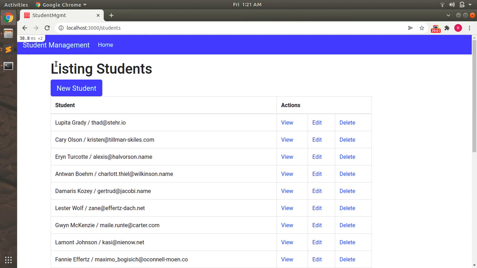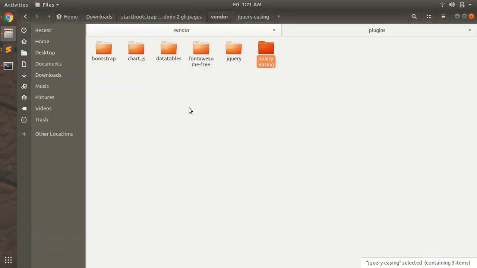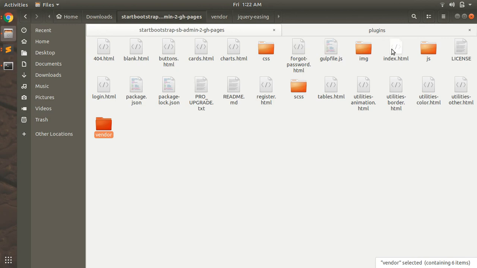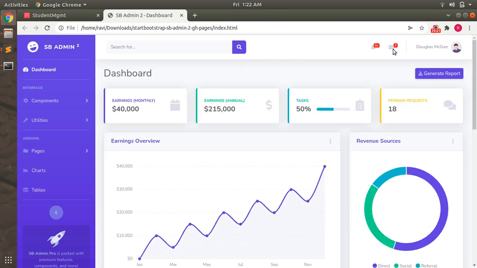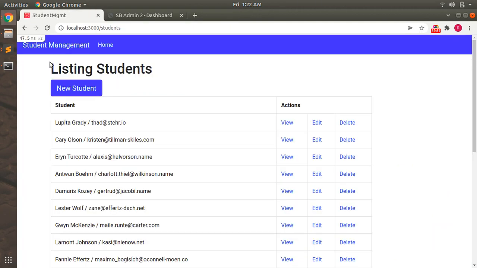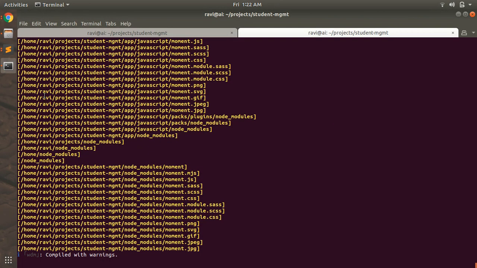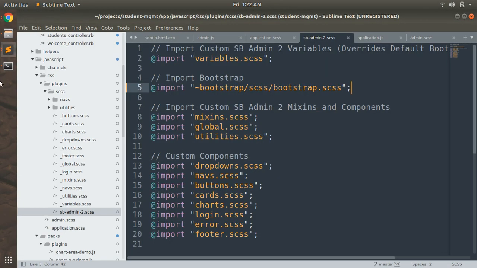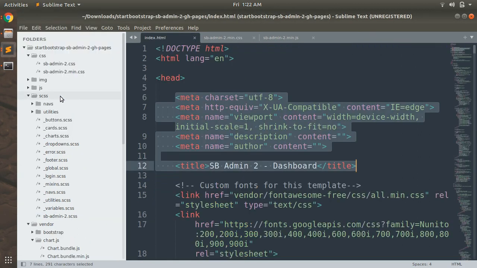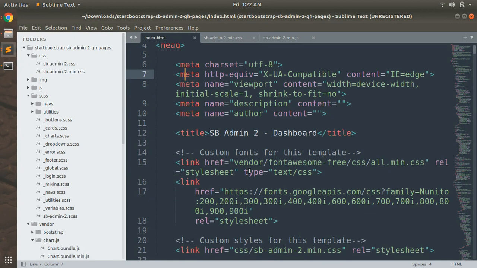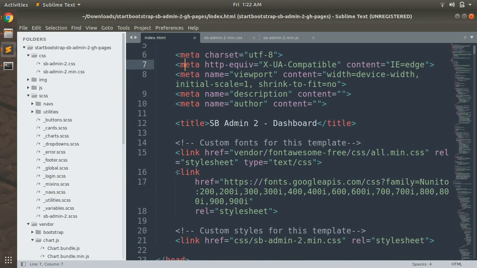But still we are not seeing the pages of sbadmin like this. Just open your theme folder, go to the index.html. We are not seeing the effects like this. So to see the effects, first we need to copy some, let's say, font family from our theme file. So go to the index.html in your theme, and once you find the font family, copy this font family